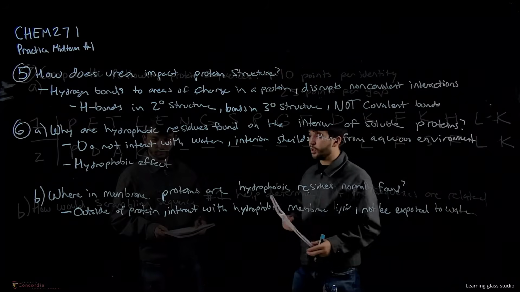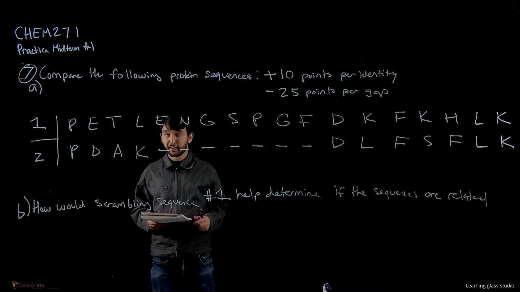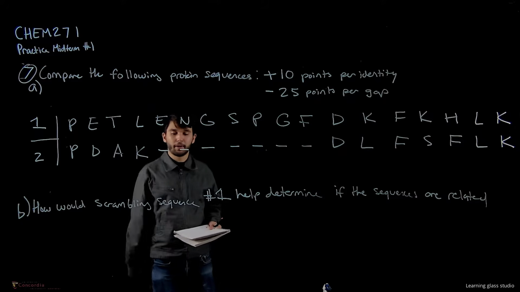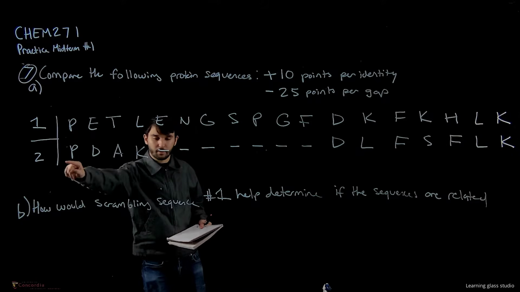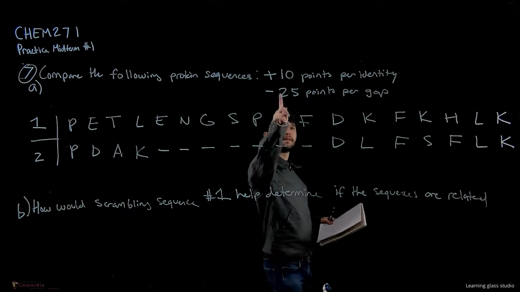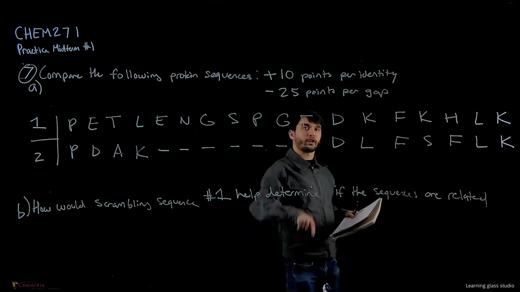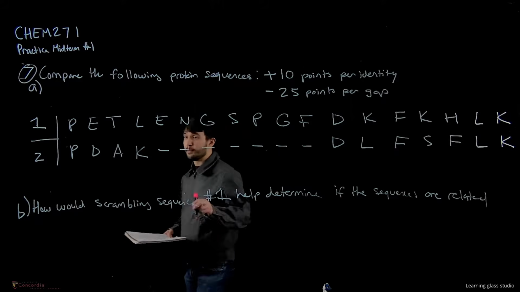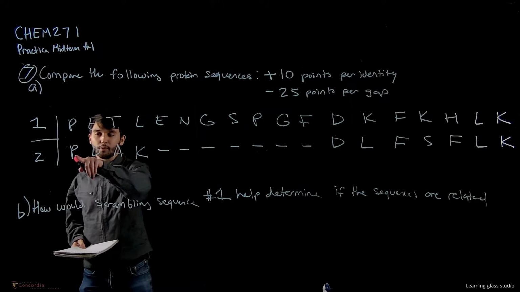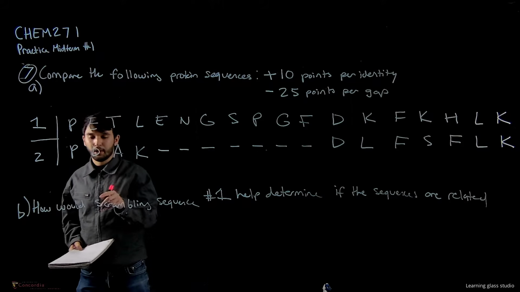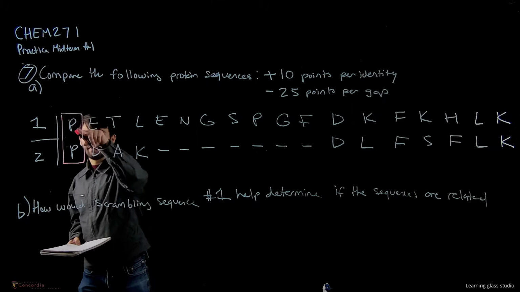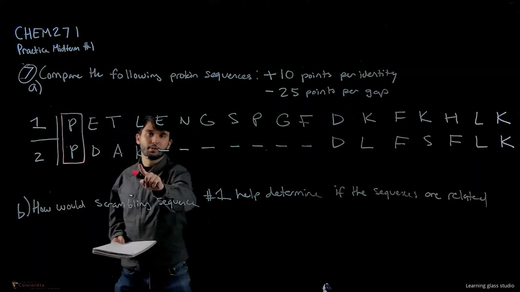All right. The next question is a bioinformatics question. So we are going to compare the following protein sequences, sequence 1 and sequence 2. We're going to assign 10 points per identity and subtract 25 points per gap. So let's compare the sequences. Whenever we see an amino acid line up, we will circle it. So there's one here, we have a P and a P, and then we scan through, and then here we